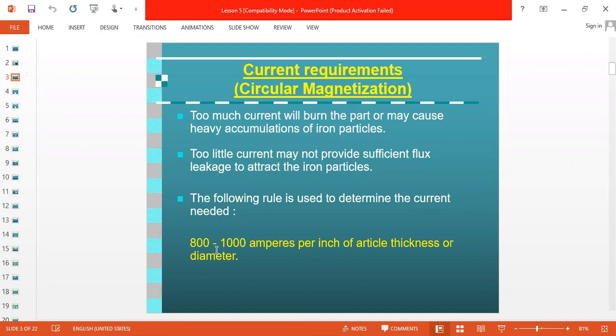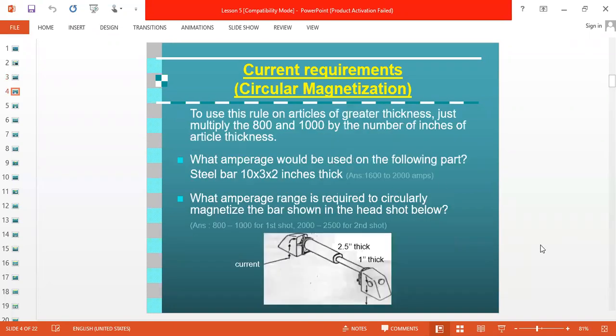Then there is a formula like this: 300 to 800. Minimum current 300, maximum 800. The current calculation is a little bit different for different standards. So we calculate this current as per procedure while doing magnetic particle testing. We can't use any formula there, because we have to work as per the approved procedure. So don't worry about that.